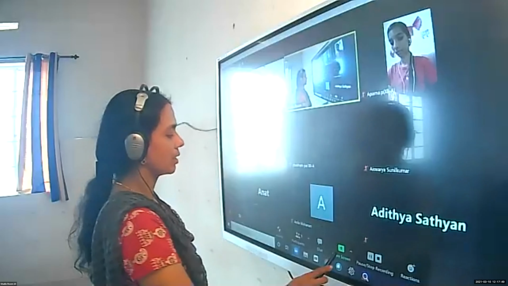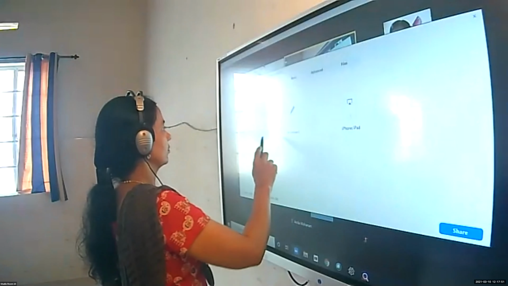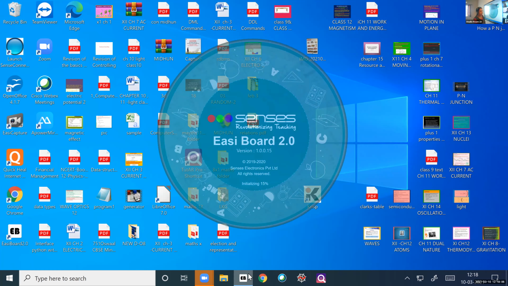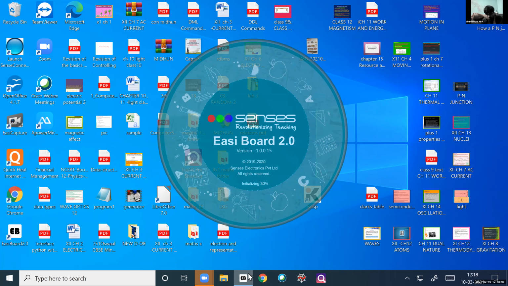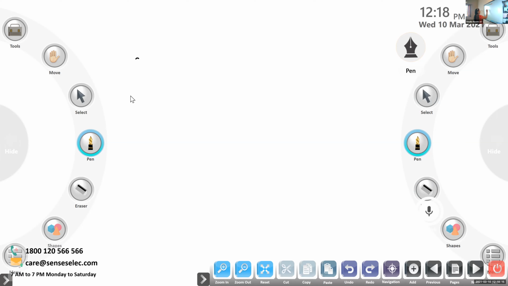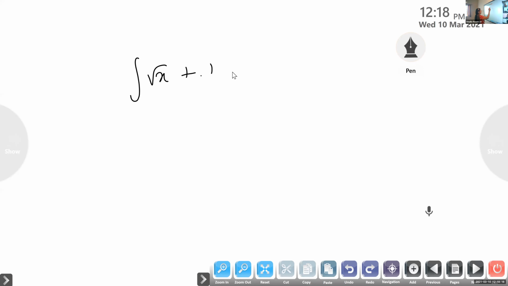So which one are we discussing? Integral of root x plus 1 by root x the whole square. Did you finish? Did you all complete that one? No, ma'am. Why, Shubham? That's an easy one, isn't it? We have completed half, the whole square into dx.